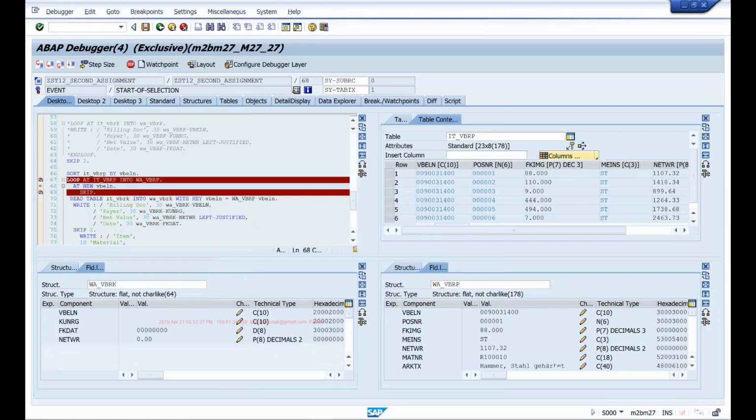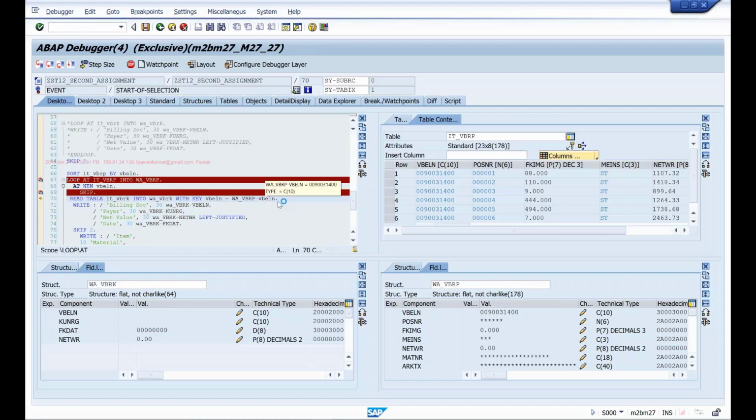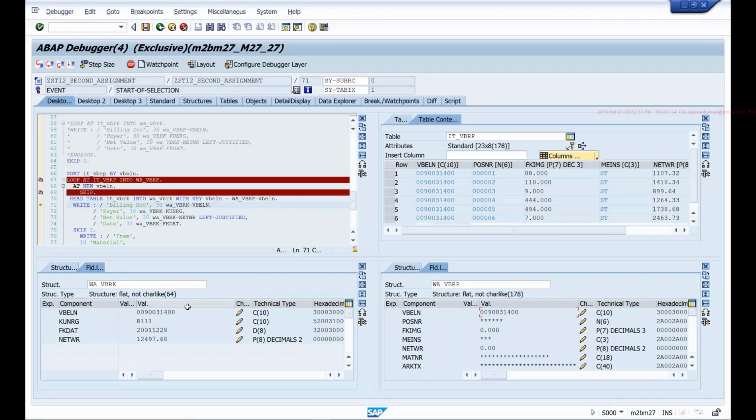So in the first loop, the first document is processed and at new is triggered. It is reading my internal table, which already has the data because I selected it previously outside the loop at once. Now I'm reading from that internal table by comparing whatever document is currently being processed by the item structure, this 400. This read statement will scan my internal table to locate this document and copy that record into my work area.